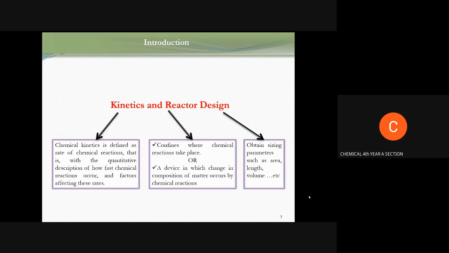Okay, there are some elements which directly affect the reactor performance, which is the rate. Rate means what is the measurement used to measure the chemical reactions, and that is called the rate of the reaction. Okay, the rate of the reaction is nothing but how the reactor performs,